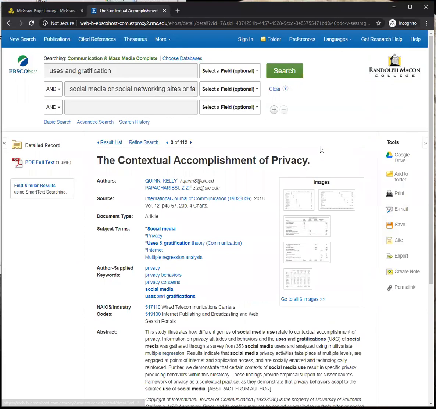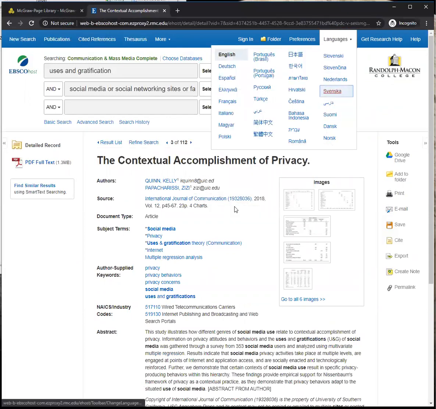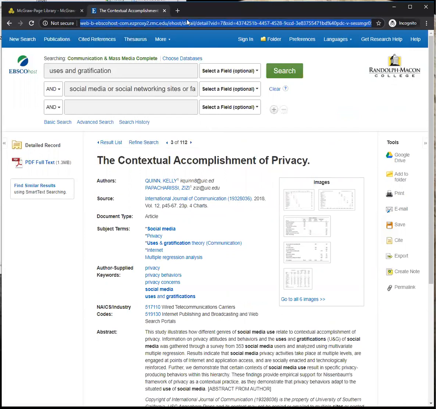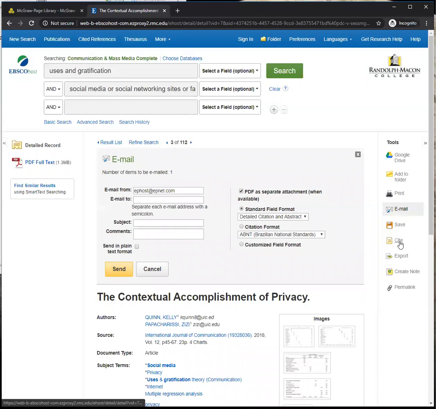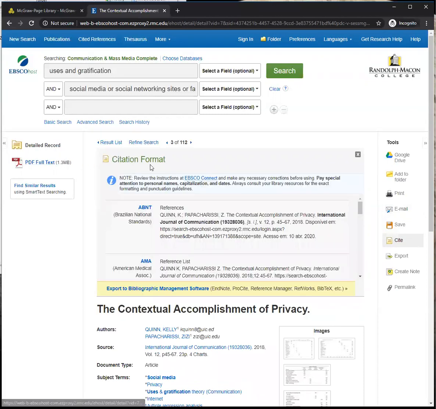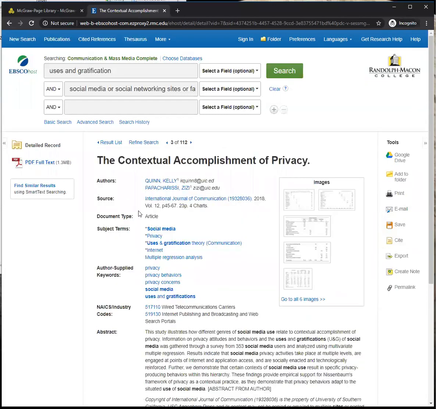One thing I want to point out, last thing I want to point out, this URL at the top will not work if you want to get back to this page. This doesn't last. This might last a minute. Email yourself, copy and paste the citation, download the PDF, do something to get a concrete evidence of this article, because if you copy and paste this URL into a document, you cannot get back to here, okay? So use the tools on the right to get back here.